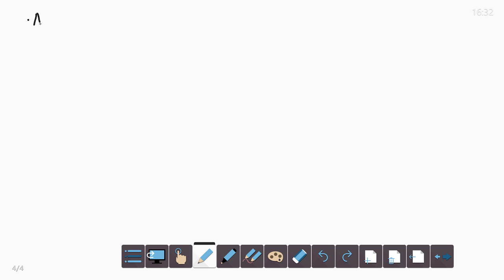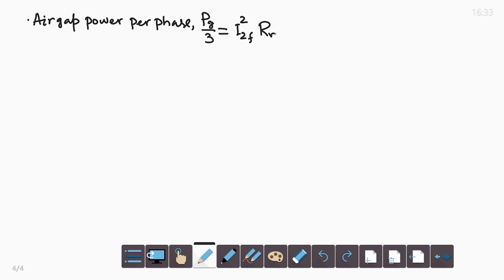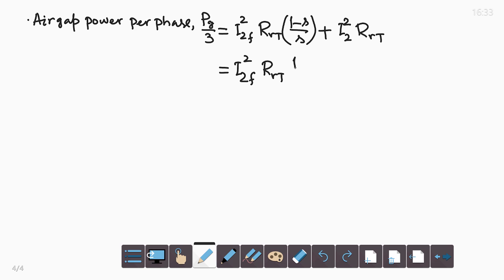So, air gap power per phase, that is P g by 3, is I 2 F square into R R T into 1 minus S by S. This corresponds to mechanical power per phase, plus copper loss per phase, that is I 2 square into R R T. So, this is I 2 F square R R T into 1 minus S by S plus I 2 square